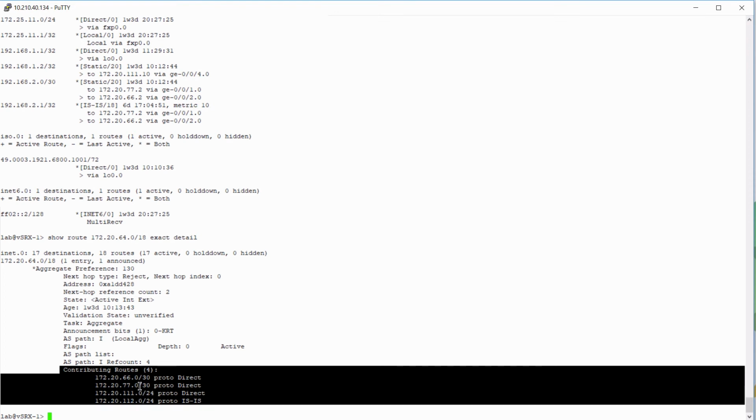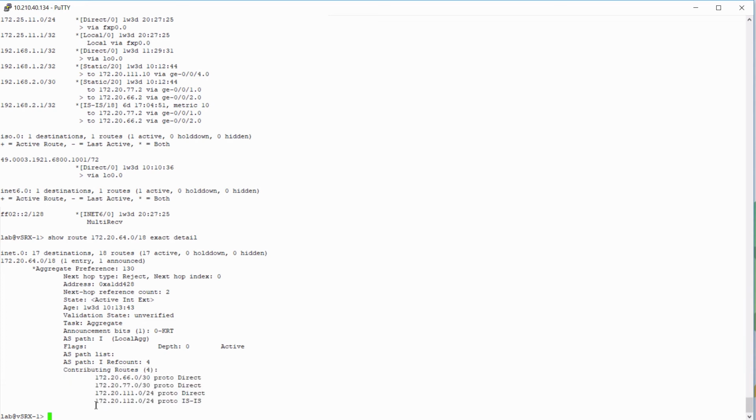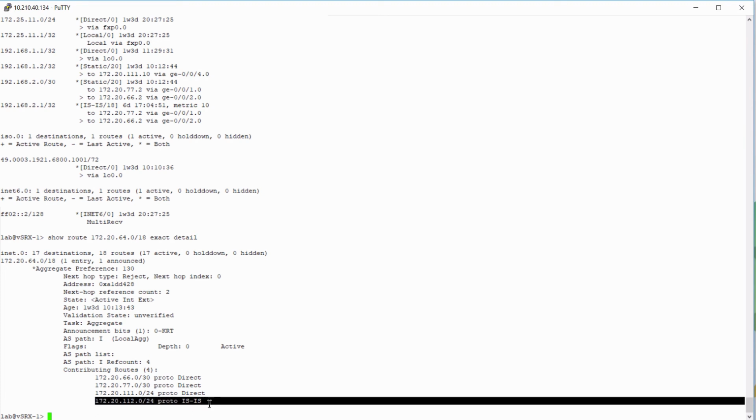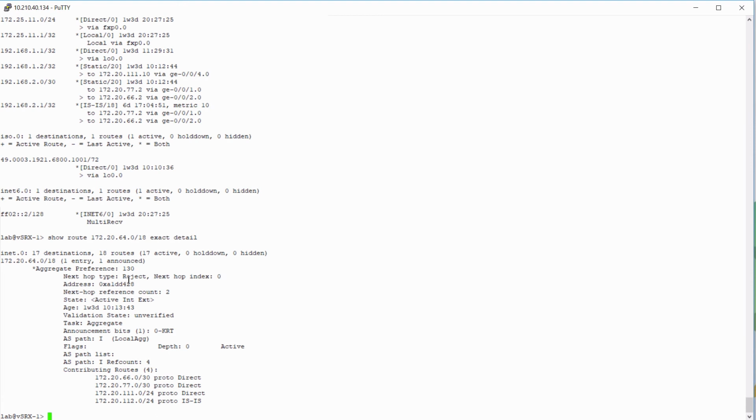And what we can see is that 66.0, 77.0, 111.0, that are all static routes that are declared above are lumped together underneath this declaration. And we can also see that there is a route that is learned from the ISIS routing protocol that joined these routes. We know that the next hop type is reject, and because we now know exactly what are the